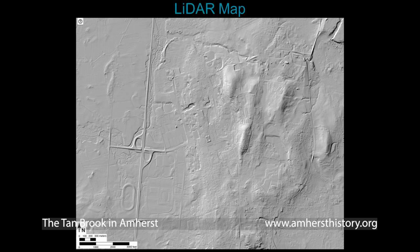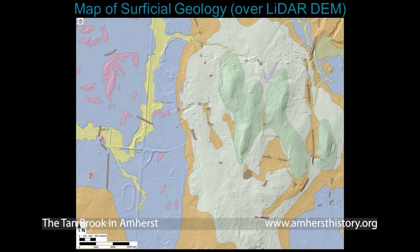The Mill River up here where it carves into that canyon, you can really see that. This is a road, right there. All those roadways really pop out. So then if you put the geology on top of that, what you see is that those high points are